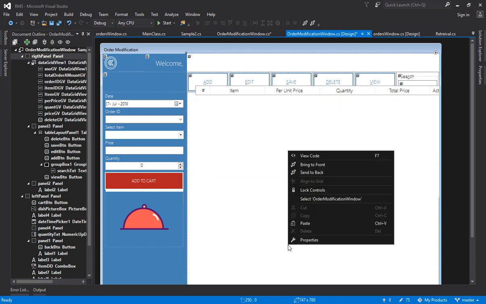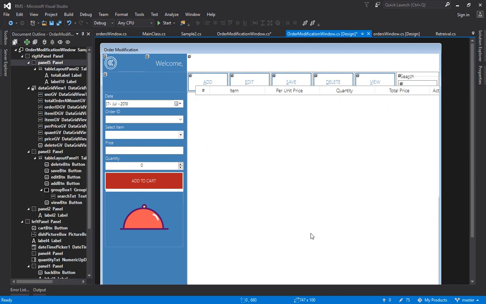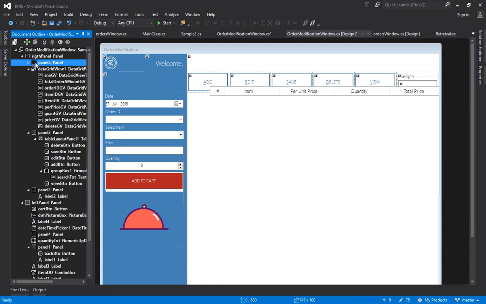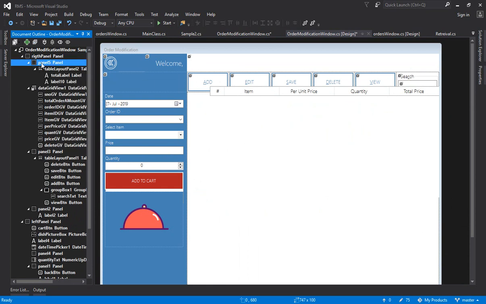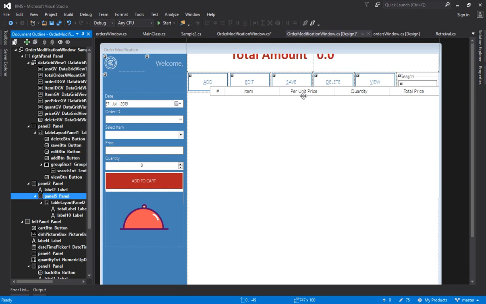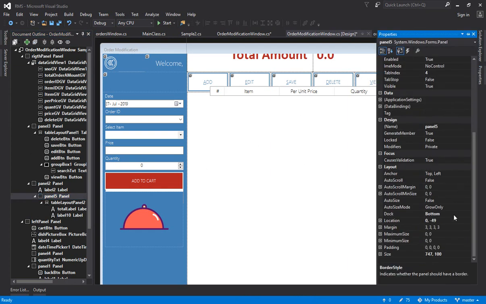Now right click here and paste. Okay, where was that? Okay, in the right panel it is appearing here. Where is that? Let me pick up, bring to front. Okay, it should be where I should place it. I should place it here. Okay, make it dock none,